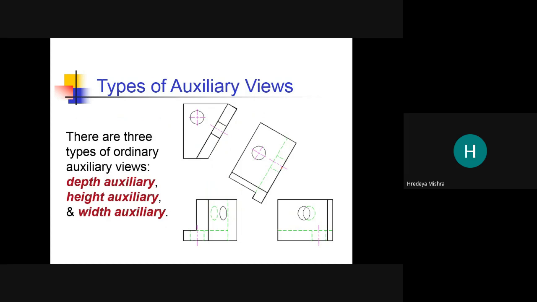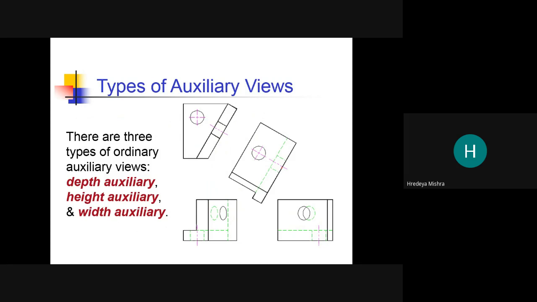There are three types of ordinary auxiliary view: depth auxiliary, height auxiliary and width auxiliary.